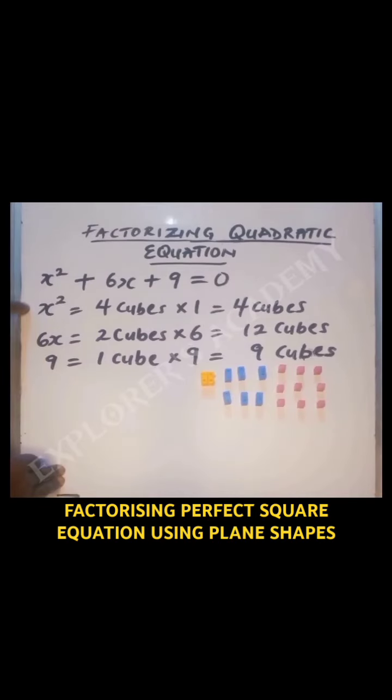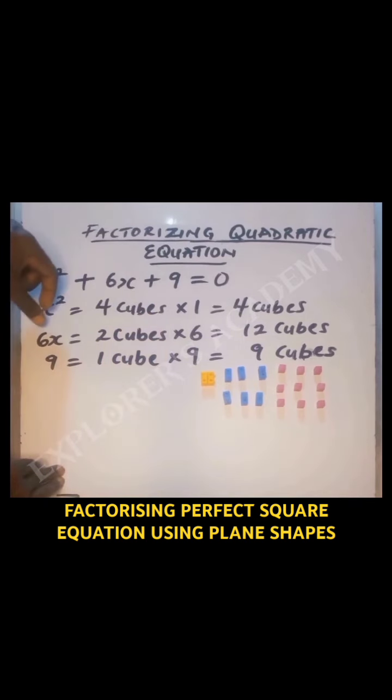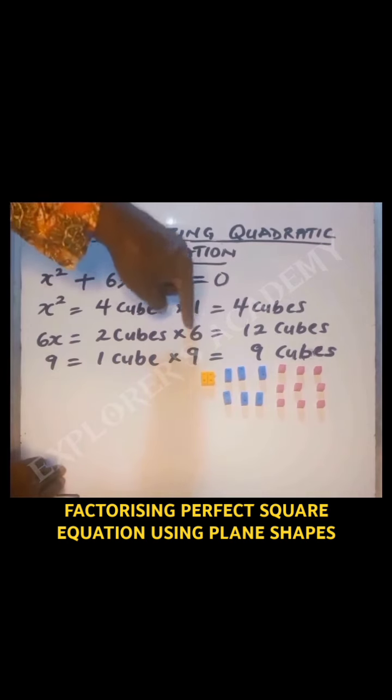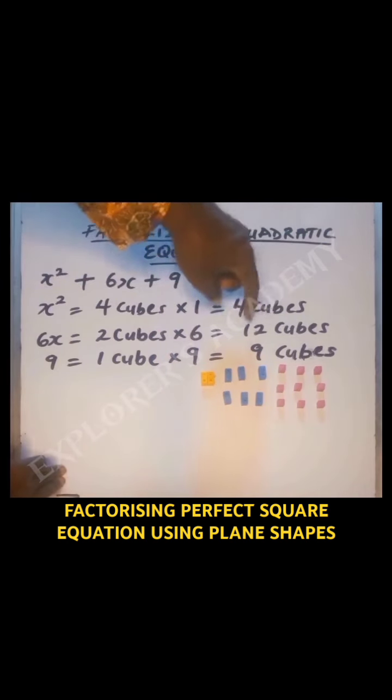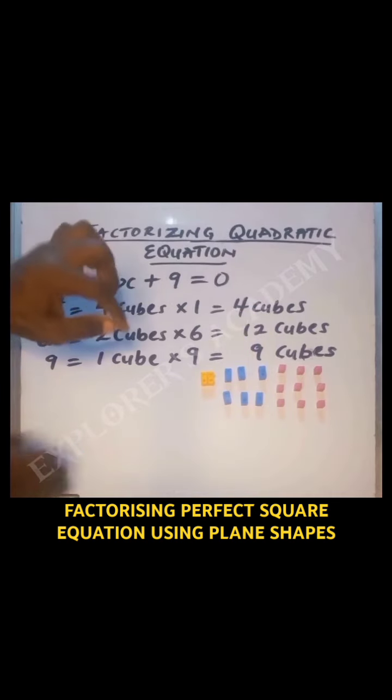Then multiplied by the number of coefficients it comes with. This is 6x. Every variable x, or a variable with power 1, is represented by 2 cubes, then multiplied by any coefficient it carries. So that is why I'm multiplying it by 6. So meaning I'm going to be using 12 cubes here, but they are going to be in twos,